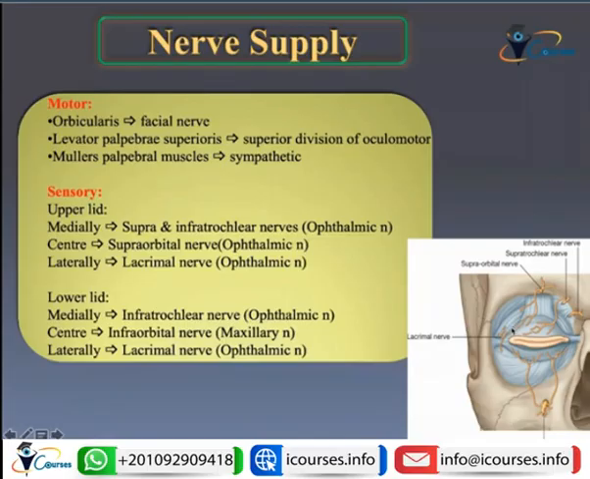Both the lateral part of the upper eyelid and the lateral part of the lower eyelid are supplied by the lacrimal nerve, and this is again the same nerve supply of the conjunctiva. So we divide the lid into 3 parts, and each part is supplied by a specific nerve. So this will be the end of the